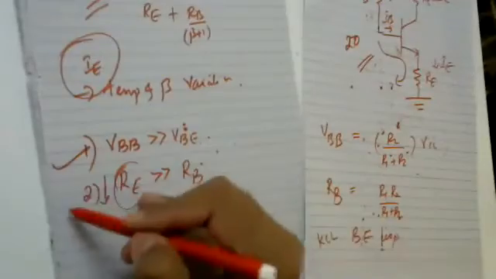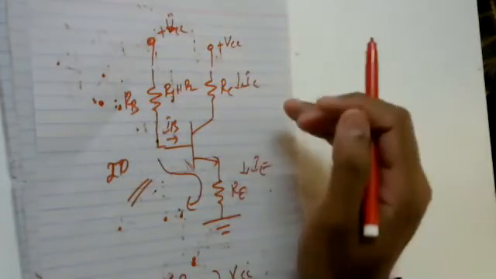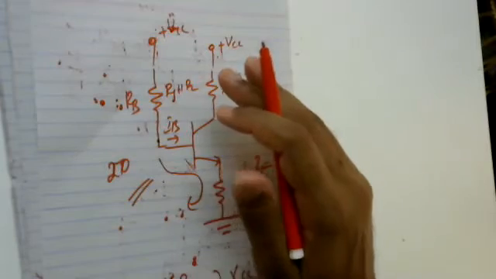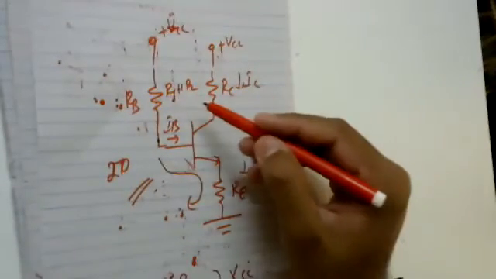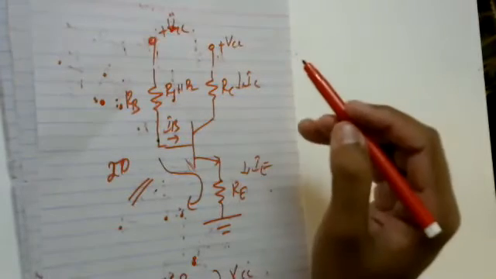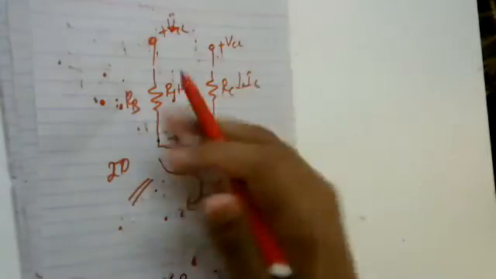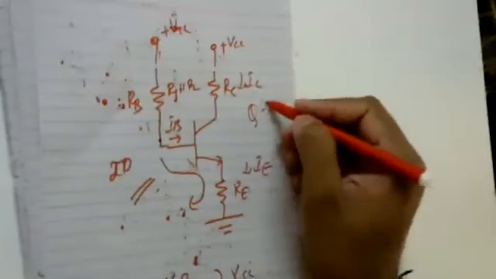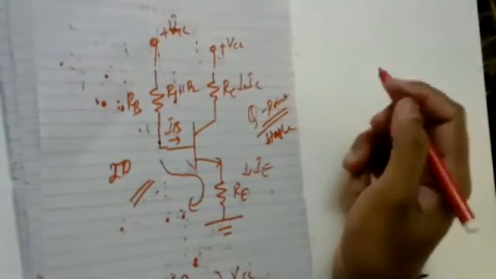So once these two conditions are satisfied, then I can say that this voltage divider bias circuit, also called the base bias circuit, and you should remember the alias name. The voltage divider bias circuit is also called the base bias circuit because you're biasing the base. Or the classical discrete circuit bias arrangement. So this is able to maintain your Q point stable.